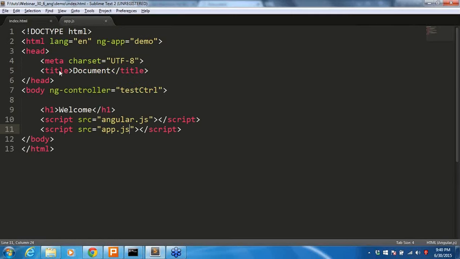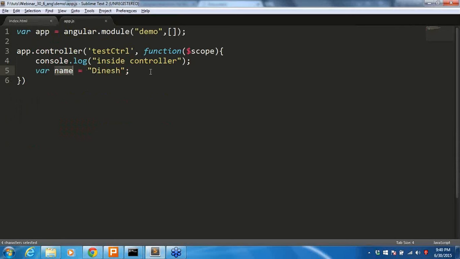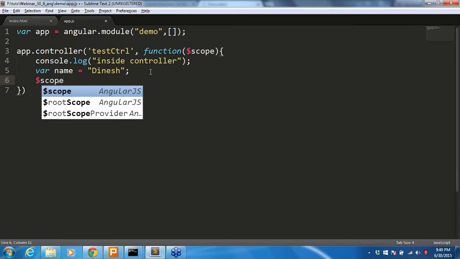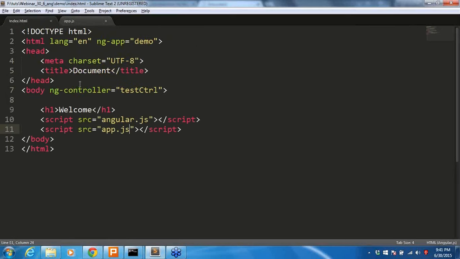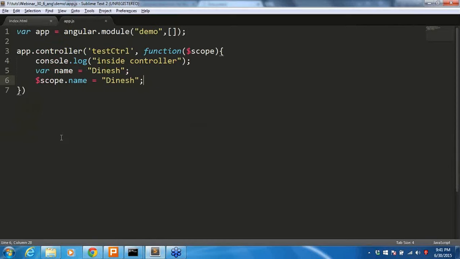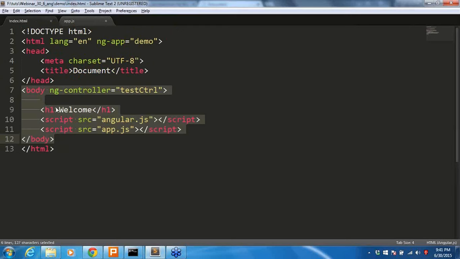Now if I want to access this variable inside HTML, it is not at all possible. There is no link. For that, in AngularJS we have a new feature, that is two-way binding or data binding. Because of this feature, whatever scope variable you create, I'm going to create a scope variable called name. Let me call it Dinesh. So I'm creating a scope variable and passing some data to it. Then whatever HTML you have, this is what we call the template or the view of your controller. This scope variable, you should be able to access right here.